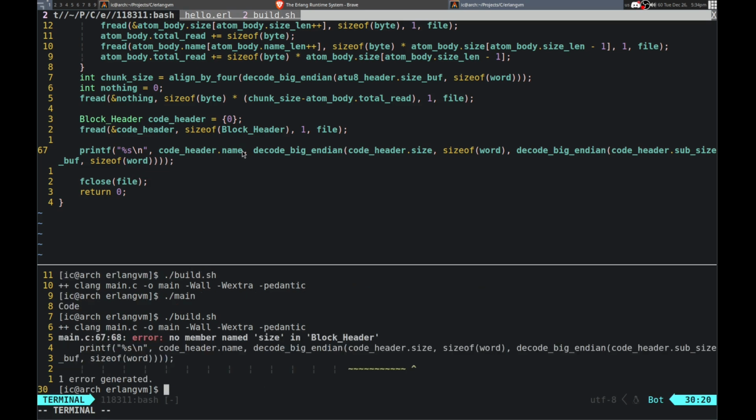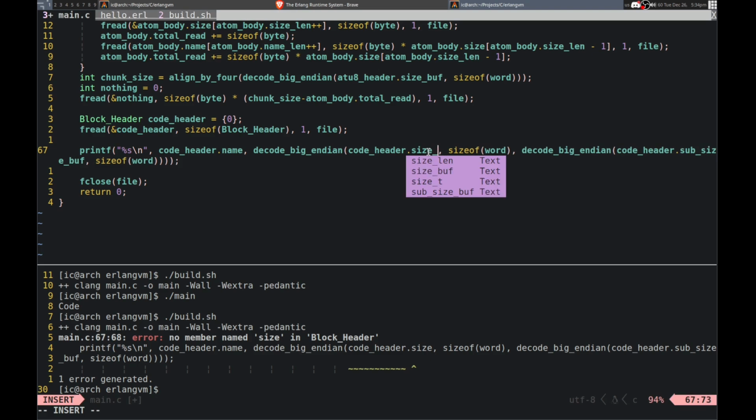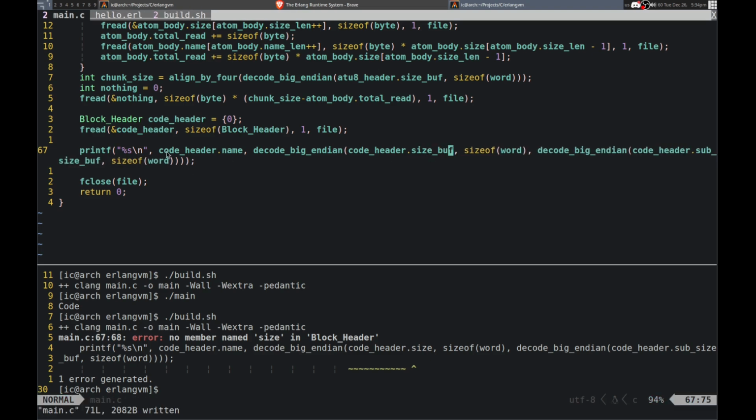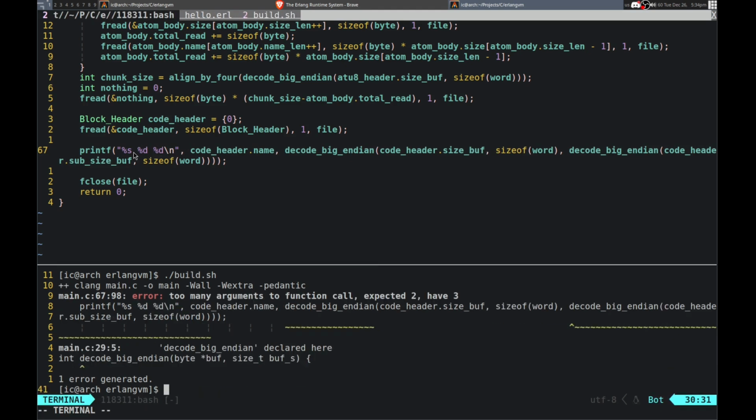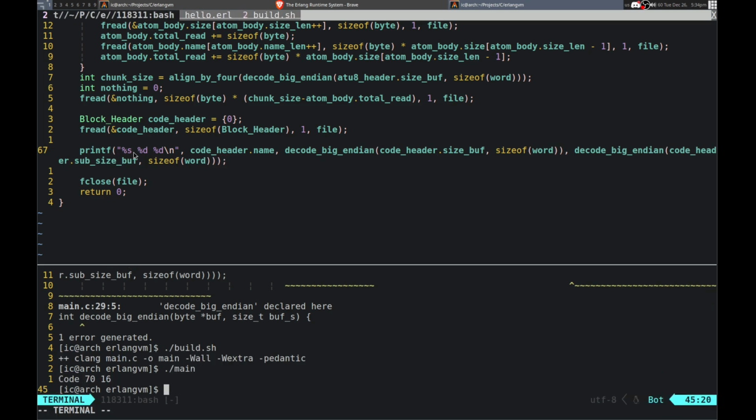There we go. Build that, and I messed that up. Number of size. It is size buff. And this needs to actually match here, so I need that and that. Alright, I missed some parentheses. Okay. Now, there we go. 70 and 16.